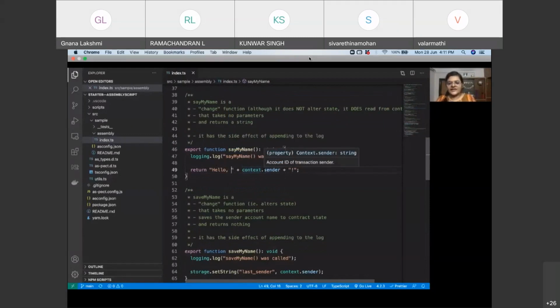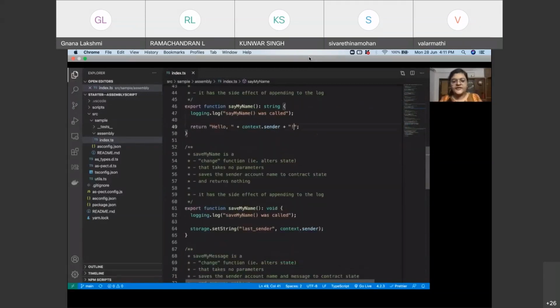So context.sender will give us the account ID of the transaction sender. As you can see, it will be printing hello, context.sender, and then an exclamation mark. So whoever calls this function, the account ID of that sender would be printed here.